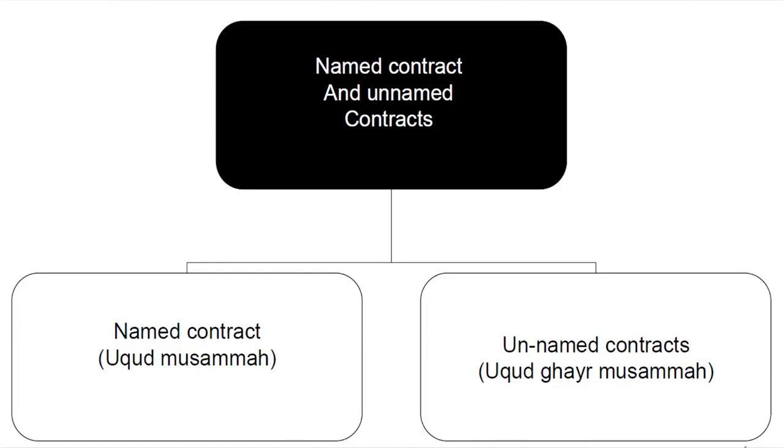The last one is basically a classification we call named and unnamed contracts, meaning عقود مسمات وعقود غير مسمات: a contract which has a name, and a contract which has no name. The first one, العقود المسمات, are named contracts, like for example إجارة, مضاربة, مشاركة, مرابحة. All these are named contracts, which are known with a name, with a label, either mentioned in the Quran or in the Sunnah, and discussed by the Sharia scholars, and their rules are